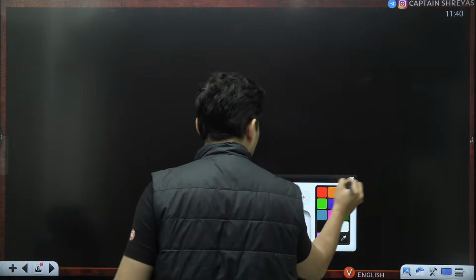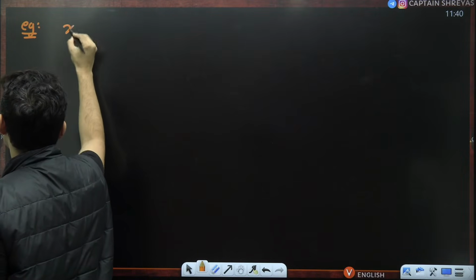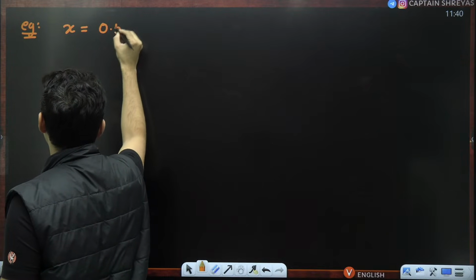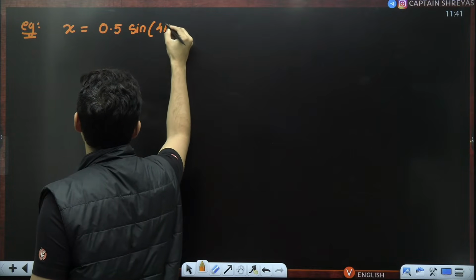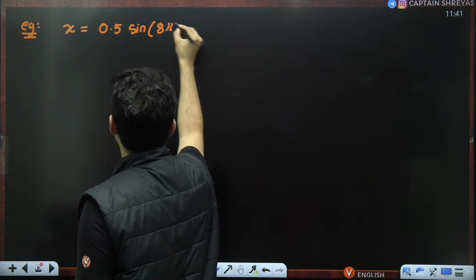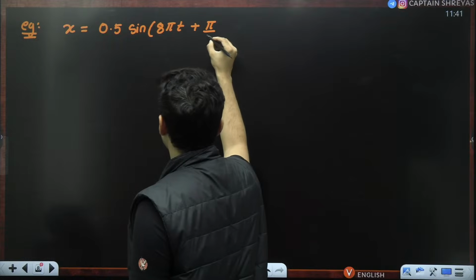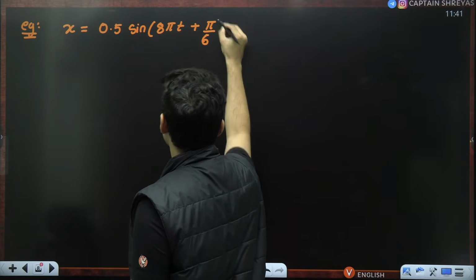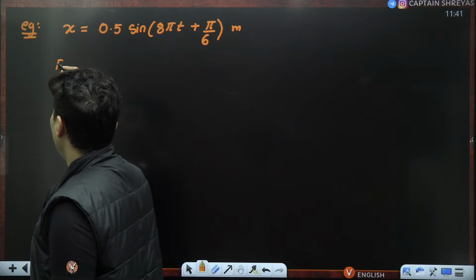Say for example, here is the question. x is equal to 0.5 sine (8 pi t plus pi by 6), in meters. The questions are, find